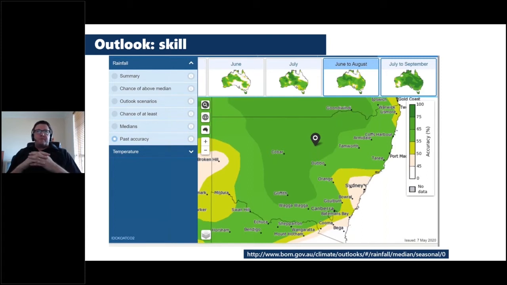and people do. Each farming system, as we move around the states, has quite different decision points and critical windows where they're making stocking rate decisions or decisions to sow crops. So it really comes down to you and your advisors and your agronomists with that local knowledge to delve into this information and understand this interaction between skill scoring and is it useful. And certainly I would advocate if you've got high skill and it's a forecast in a critical window, think about how you're weighting your decisions, your cropping program and so forth.